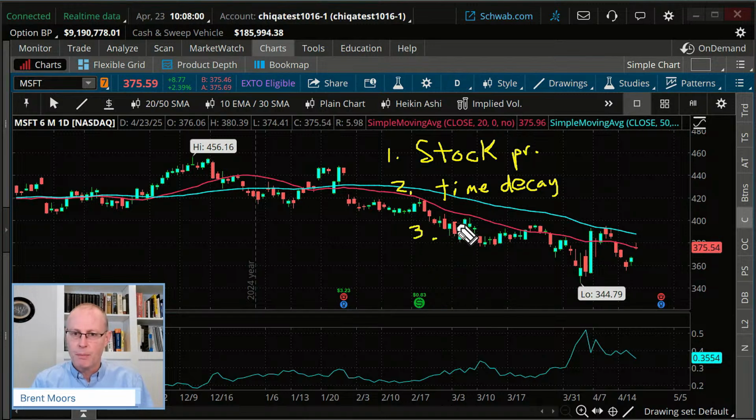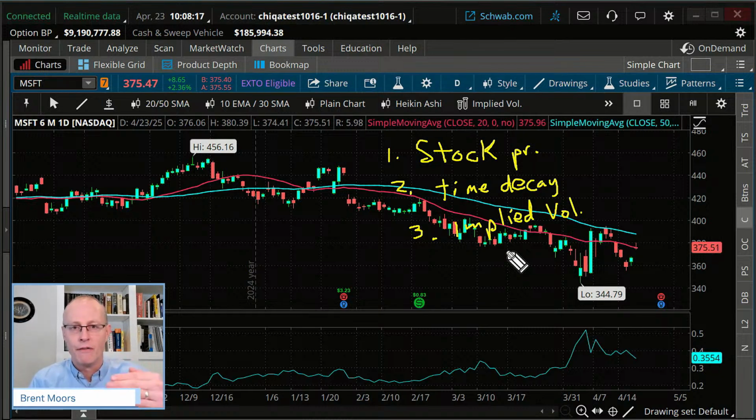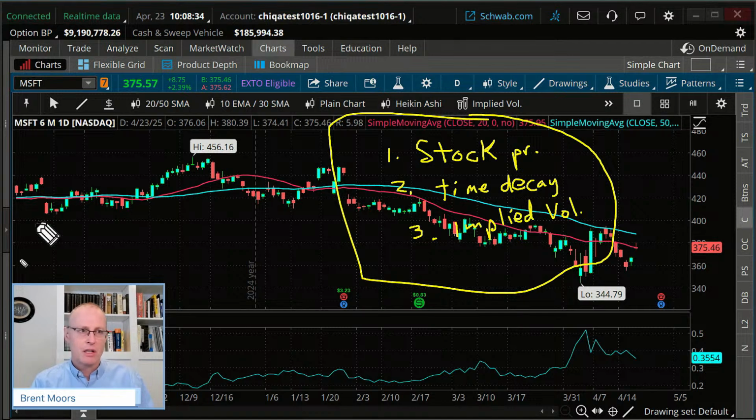But the third one is implied volatility changes. If we have an option that benefits from increases in implied volatility, when implied volatility goes up, that tends to help us out. If implied volatility goes down, that would tend to hurt us if it's what we would call a long Vega trade. Vega is just a measure of how that option trade is going to react to changes in implied volatility. Okay? So there we go. Now, there's other things, you know, interest rates can affect it as well, but those are the big 3 that I kind of talk about in here. And today we're going to be focusing on this implied volatility aspect of this.